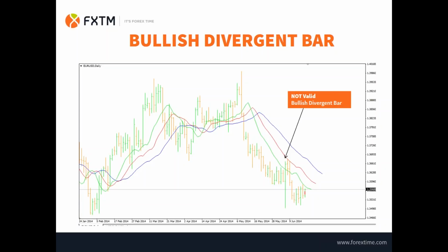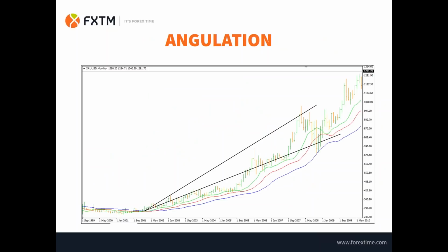So, you see, in this case, it doesn't touch the blue line, but rather it exceeded the green line. Okay, but it's not a valid one. Very good. Now, there is another term that Dr. Bill Williams mentions when he discusses bullish and bearish divergent bars. He says that to have a good or valid